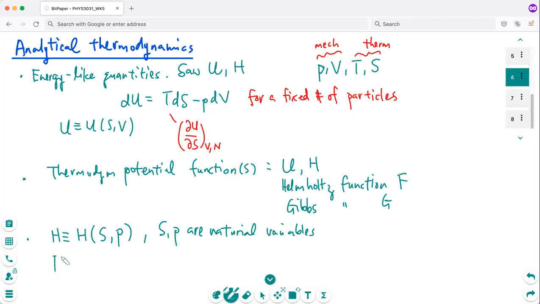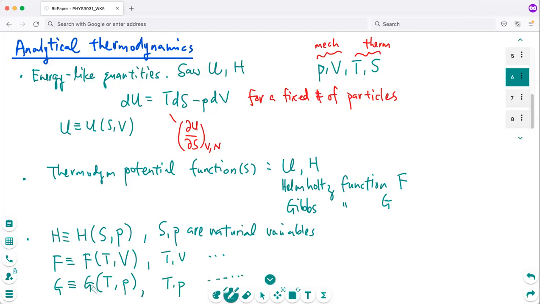Okay, and then F, the Helmholtz function, will be the one with T and V as the natural variables. And then finally, you have the Gibbs. Gibbs is very nice. You have temperature, which you know how to measure. Pressure is also a kind of a good quantity to control. So these are very useful in chemistry. Okay, so you have T and P as the natural variables. It's something you can control and allow you to write this down, and then you do your thermodynamics with G